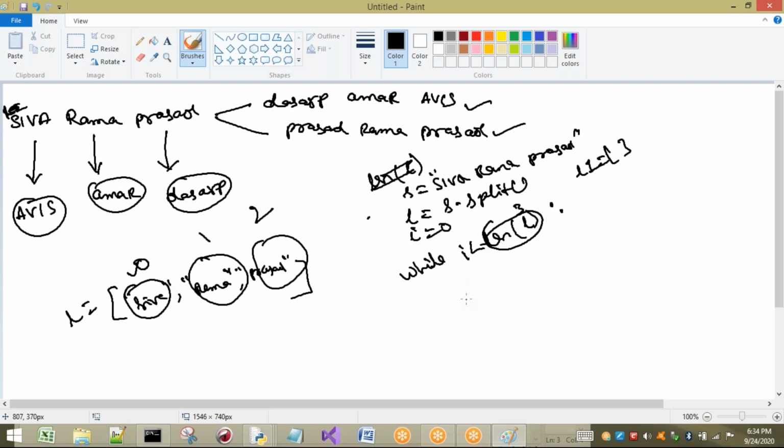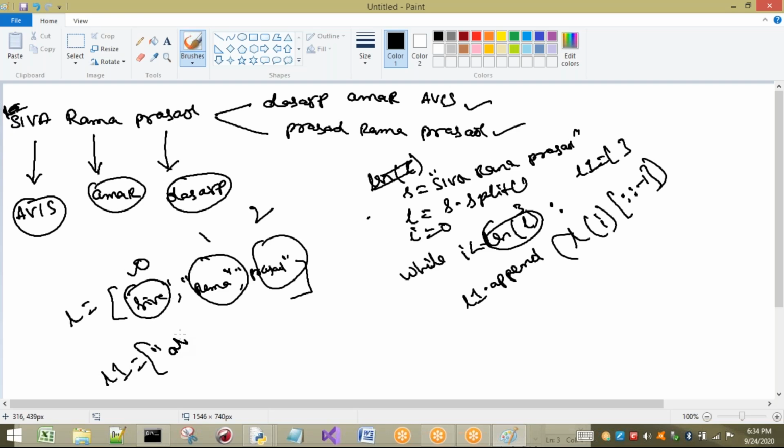Now what do I have to do? I have to take L1 dot append, that means I'm going to append something into L1. What is that? The reverse of this one. How to reverse this one? It is easy. What is the index of this one? L of 0. So L of 0 is nothing but L of I, because every time the I value should not be 0. First it should be 0, next 1, next 2. So L of I, I have to reverse that. For reversing, directly by using the slice operator, I have the logic [::-1]. Completed, reversed.